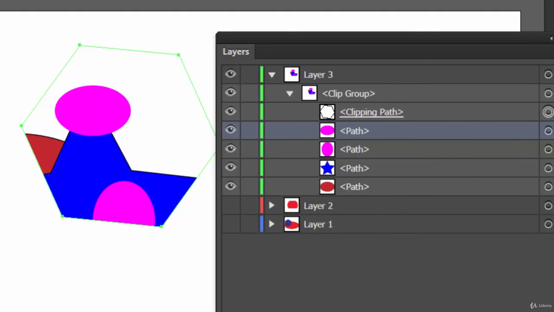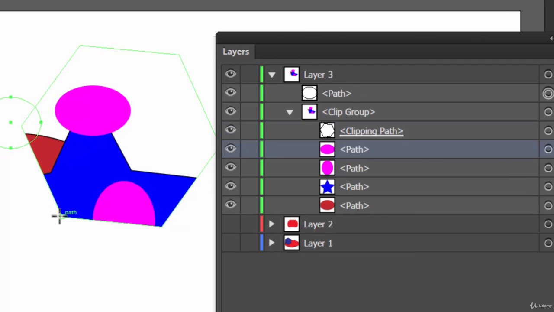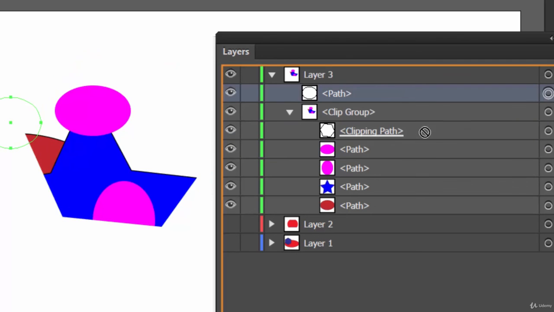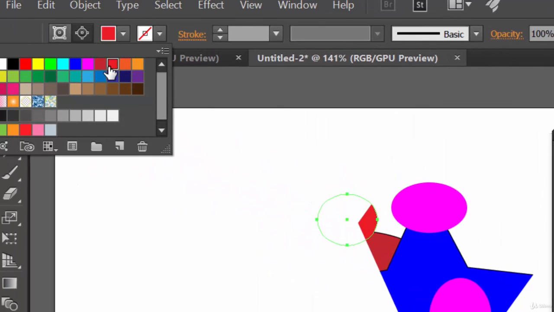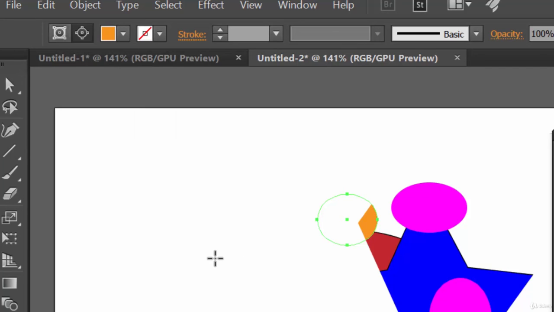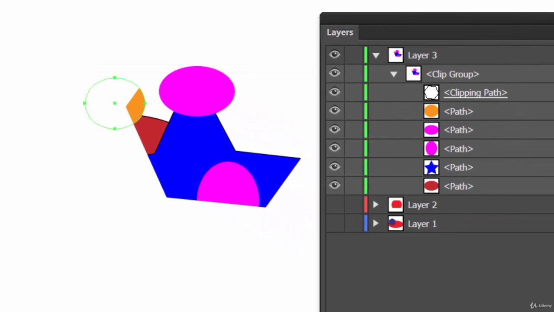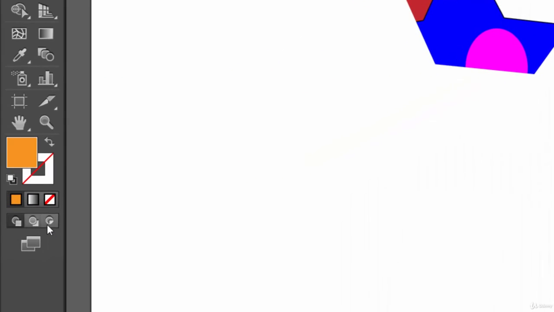So let's create one more. Let's say like this. Let's drag it here. Let's make its fill color something else like this or this. Okay, so you got the concept of clipping mask, right. So till now we have learned two ways of clipping mask. One is draw inside mode and the clipping mask itself. So what was draw inside? Just draw an object, click on this draw inside mode to enable it, and